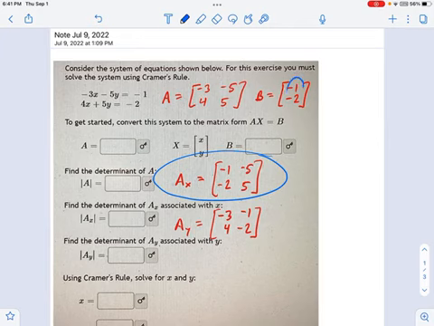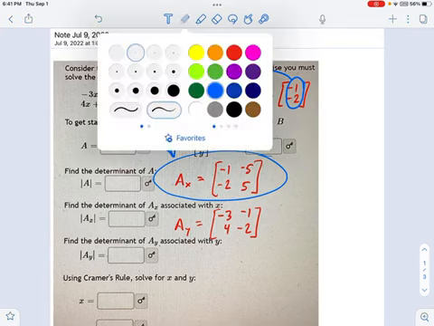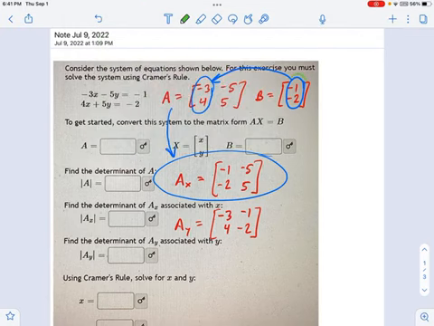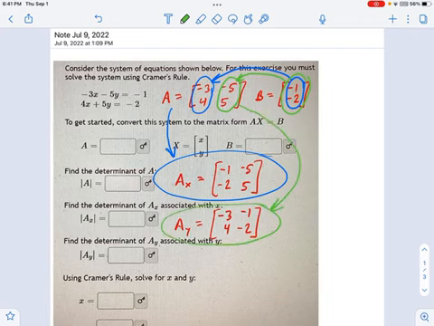If you take the solution matrix, negative 1, negative 2, and you substitute that into the first column of the coefficient matrix, that creates AX. And likewise, if you take the solution matrix, negative 1, negative 2, and substitute it into the right column of the coefficient matrix, that brings you down here, and we get AY. So you should know how to construct these two new matrices, AX and AY.